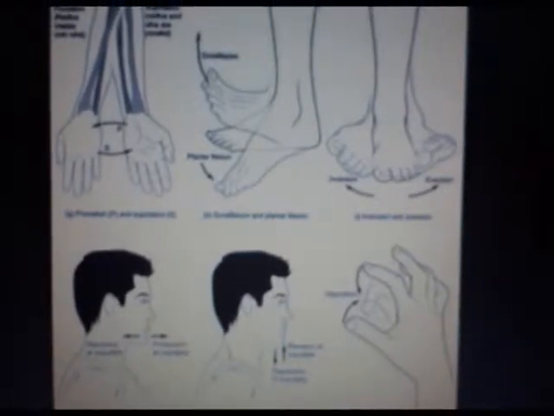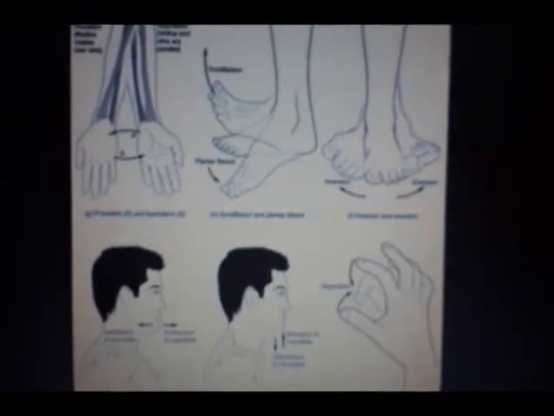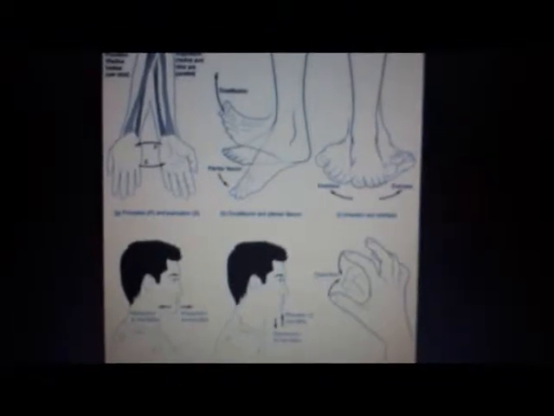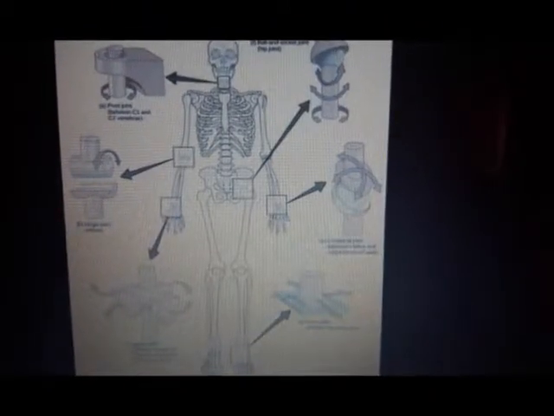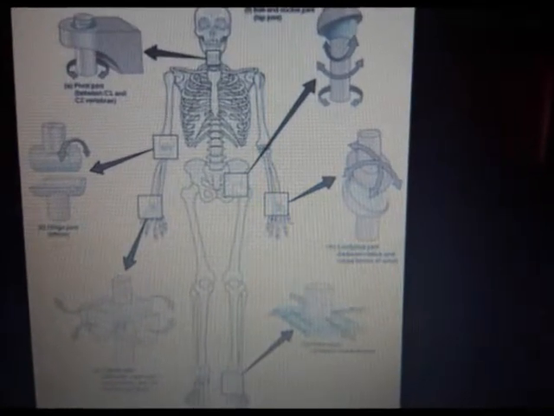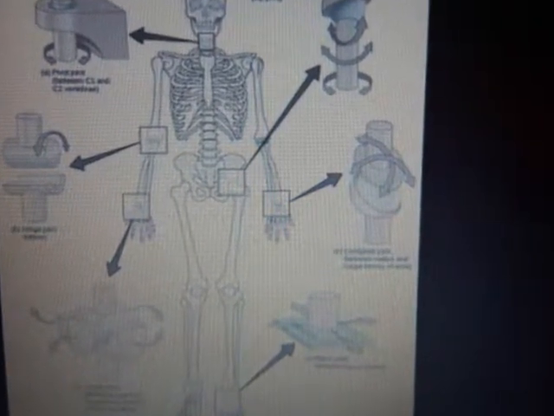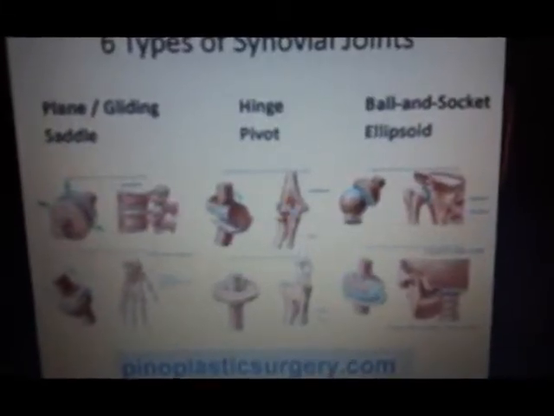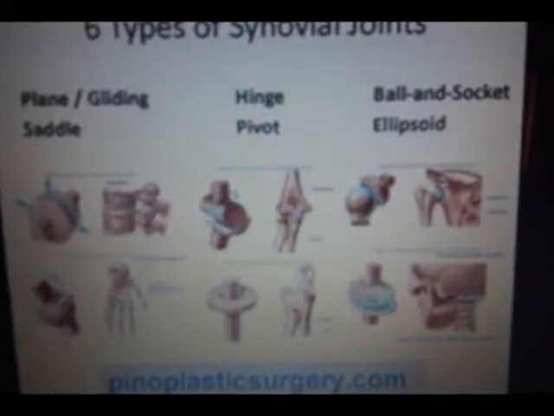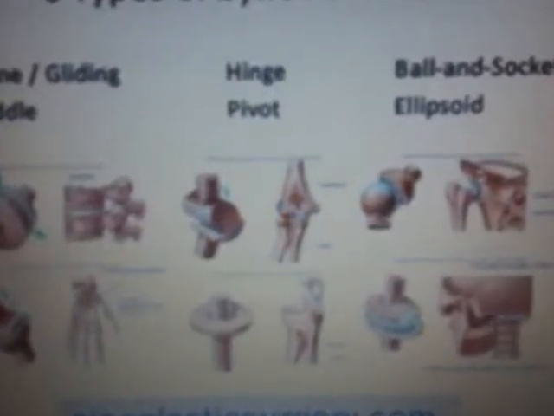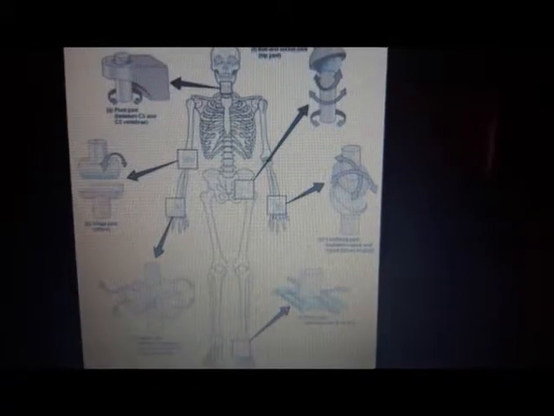Flexion is the closing of the hinge joint, such as lifting of the forearm. Adduction, like you add something, ADD: movement toward the body, such as bringing the arm back to the side. That's adduction, like you're bringing in energy. Abduction: movement away from the body, such as lifting the arm out from the side of the body. Okay,